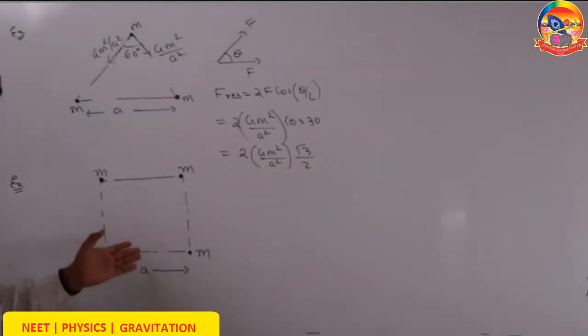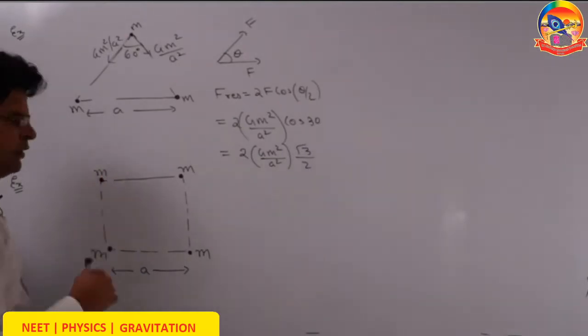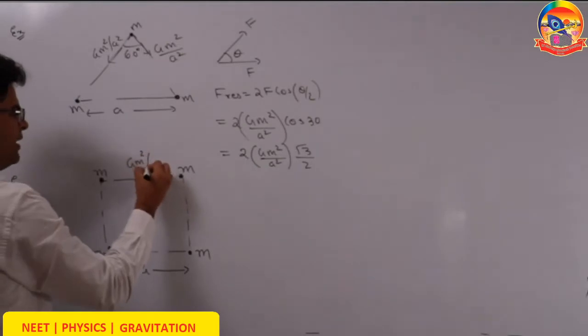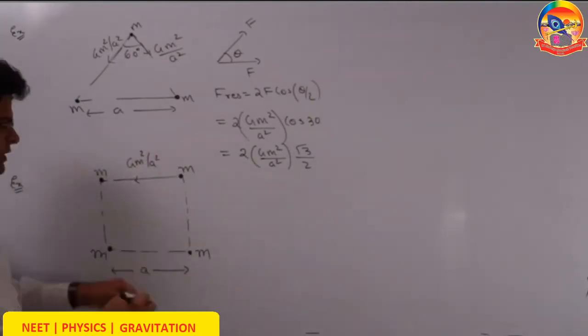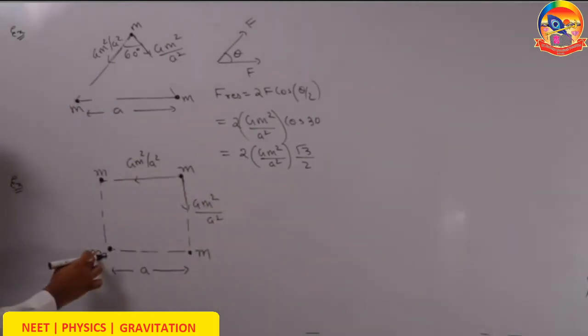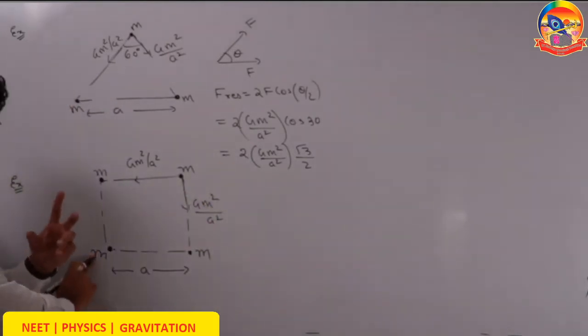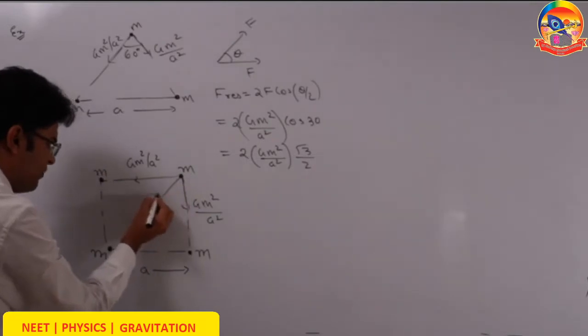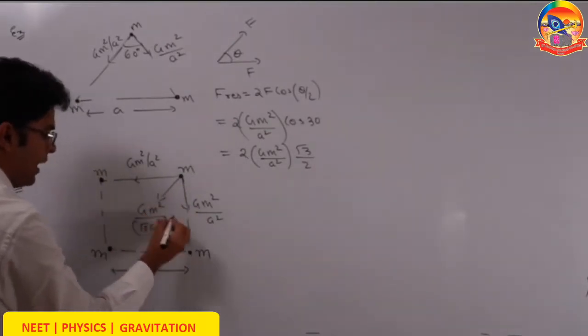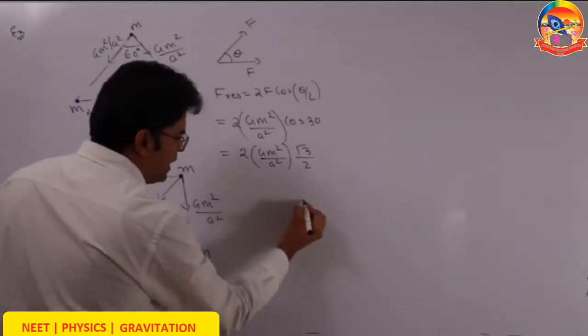The other question is exactly the brother of this question. Now this time we have four equal masses m placed at four corners of a square. What is the net gravitational force on one of the masses? So on this mass, because of this mass, the gravitational force of attraction will be G m squared by a squared. Because of this mass, it will be towards it, G m squared by a squared. But the distance from this third mass is not at all a, it is root 2 a. So because of this third mass, there will be a force of attraction G m squared by root 2 a whole squared. So now think that three forces are acting.